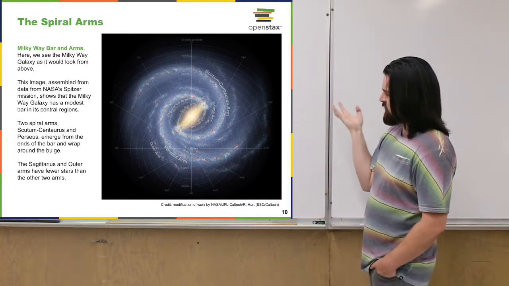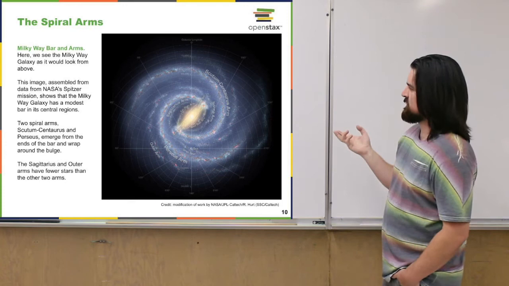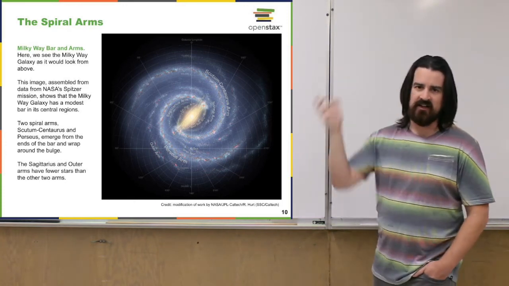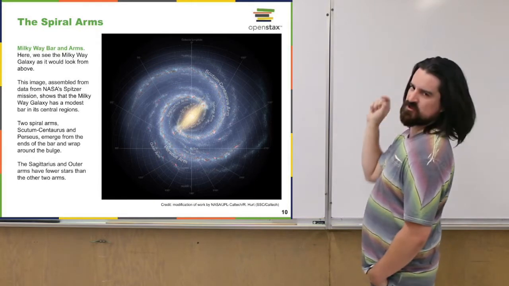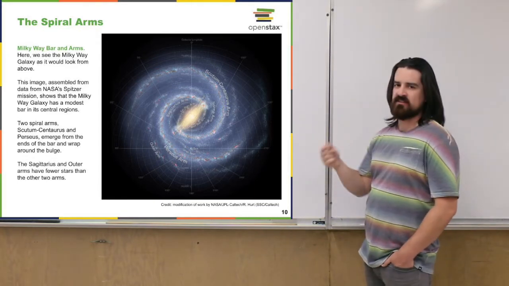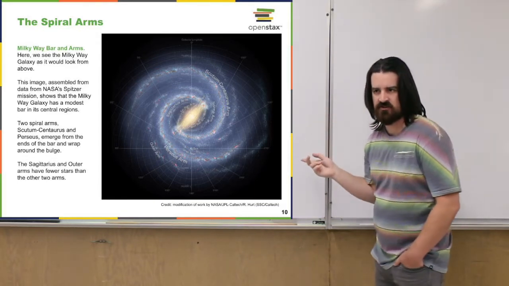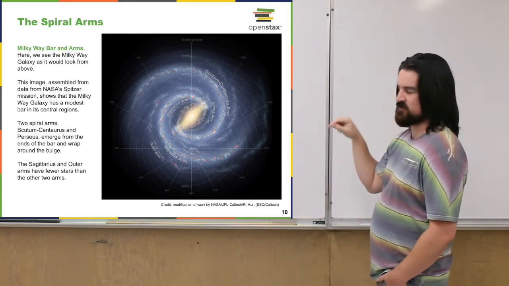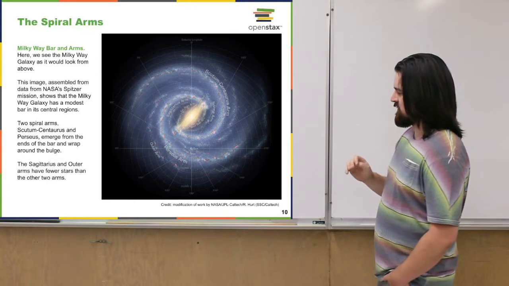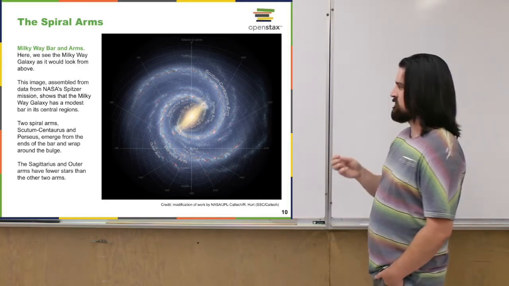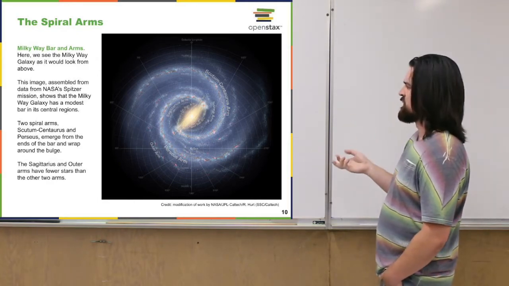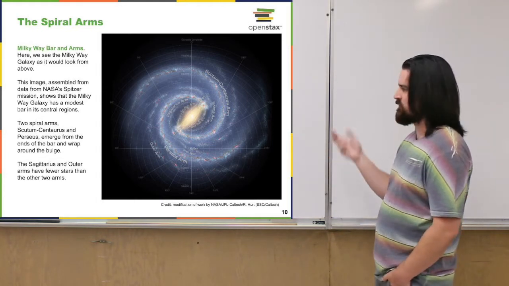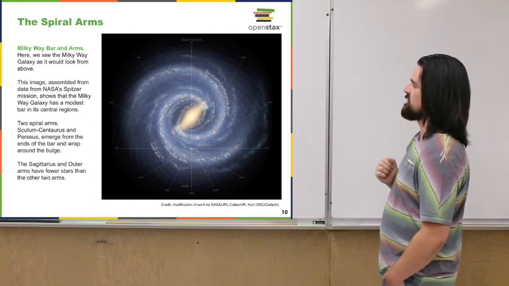This is a more detailed picture of what we think our galaxy looks like. Again, we can't get out of the galaxy and look back and take this picture. It would take tens, if not hundreds, of thousands of years moving at the speed of light to get far enough away to turn back and take this picture. So this is a creation, possibly a computer model, based on all of our observations so far. This is what we think our galaxy looks like.